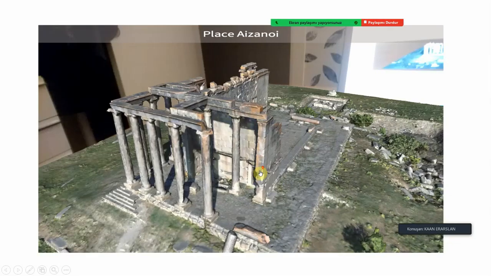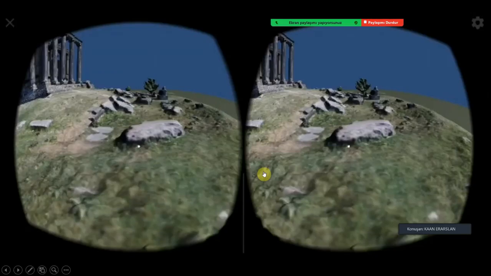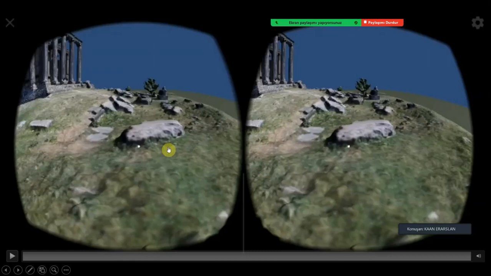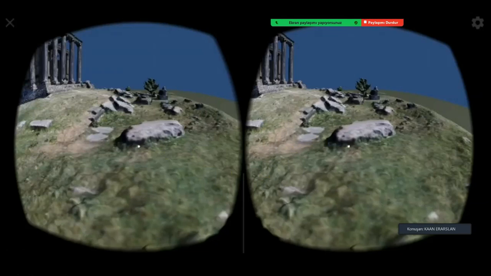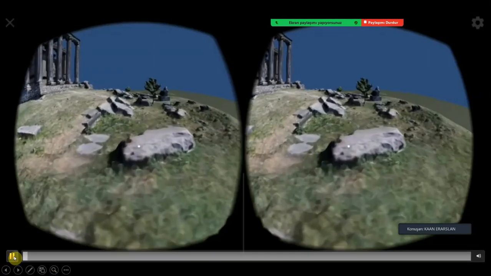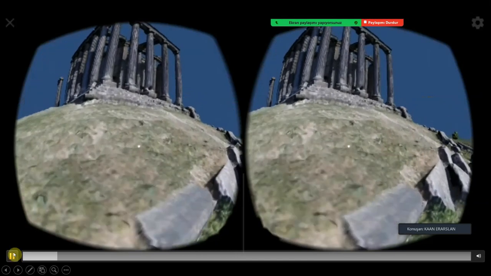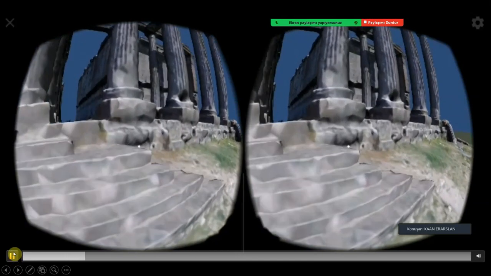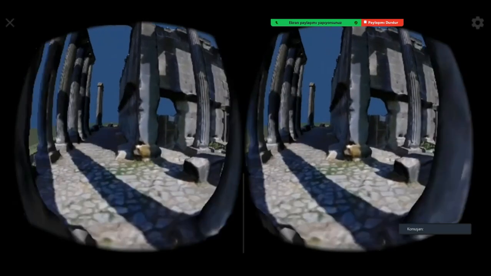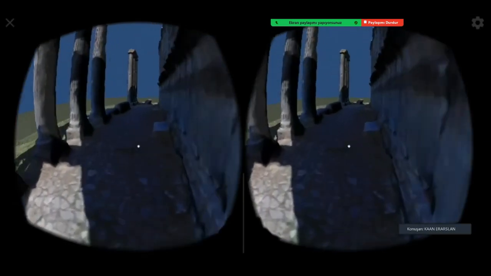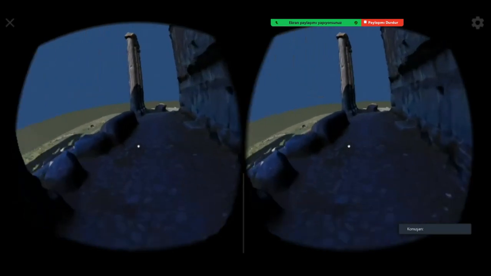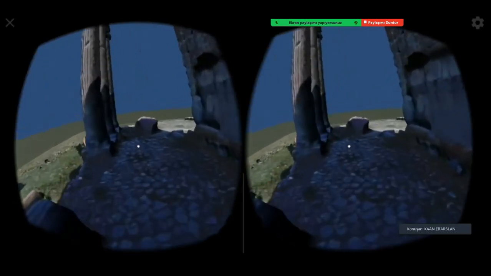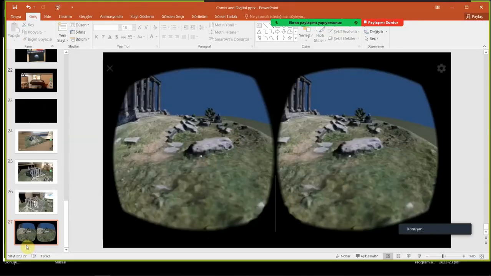Now we are inside it, we are not looking from the top. We are inside it, and this screen was divided into two, so you can put your telephone into your cardboard type virtual reality headset. So this is a video, but of course it's interactive, so you can control your movements, you can go wherever you want. Yeah, we are walking inside the model. So whenever you have a model, you can walk inside it, or